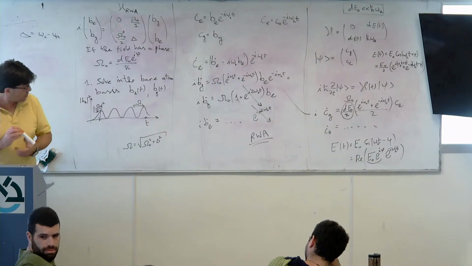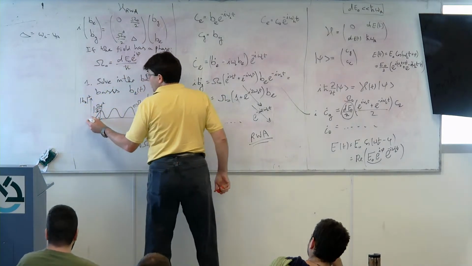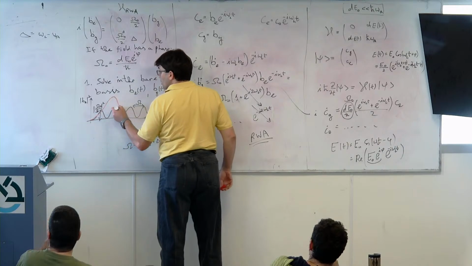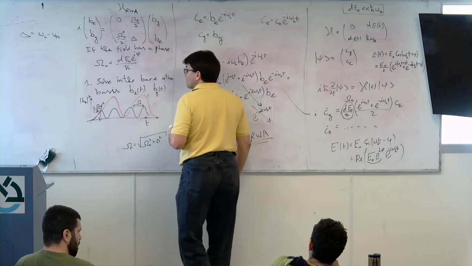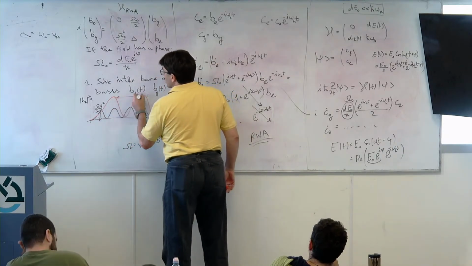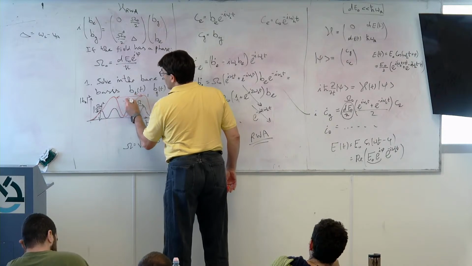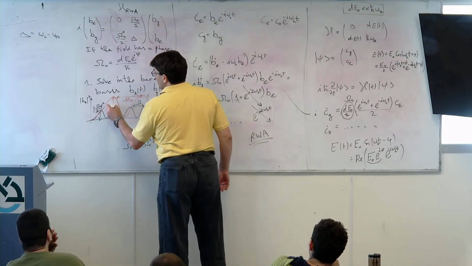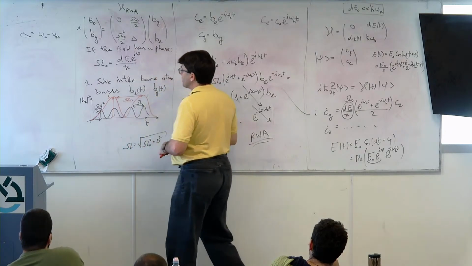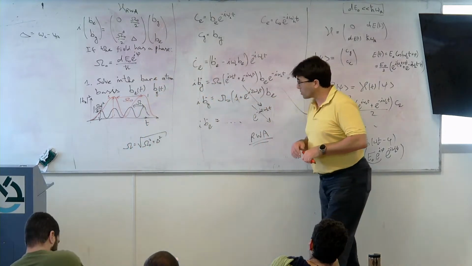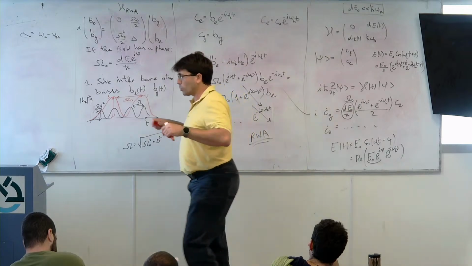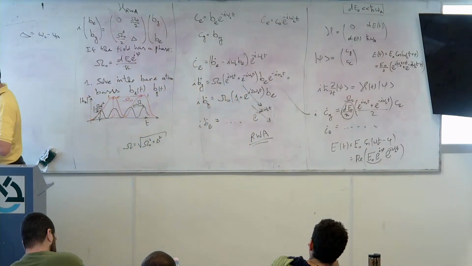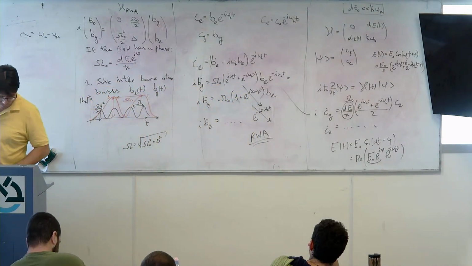So I was saying something like, on resonance we have something like that, and then on resonance this is omega 0 and the magnitude is 1. So that's what we did last time, and we found that